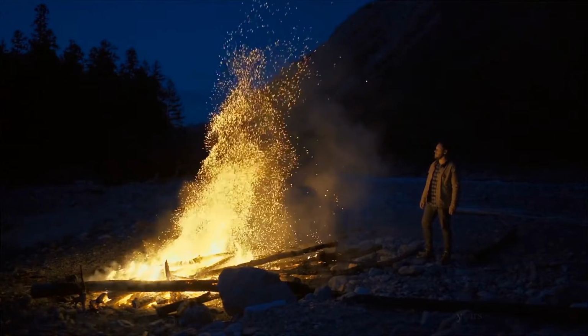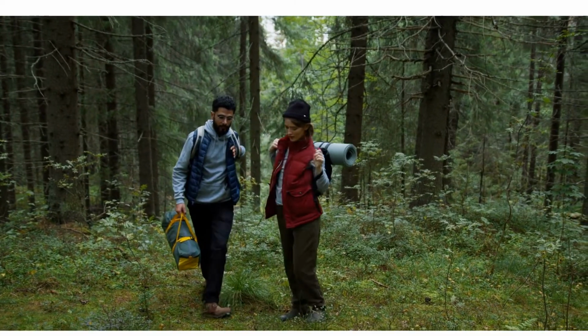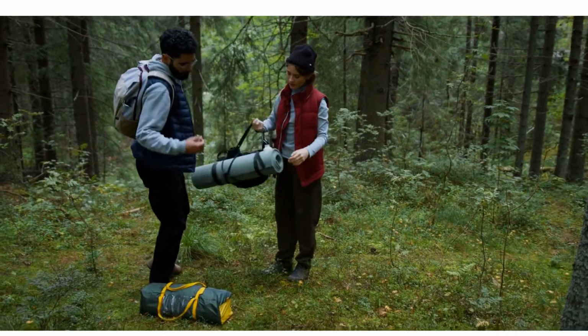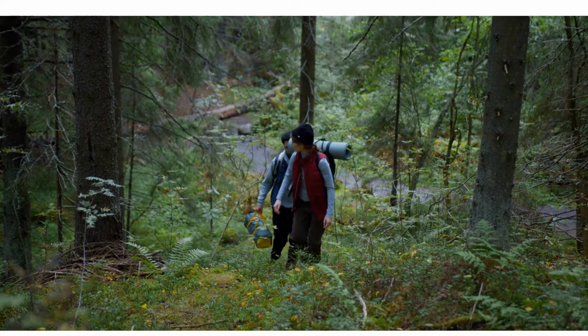Over the last 6 years, we've vetted, purchased, and tested over 30 soft coolers. Our latest trials compare 15 of the best models of 2021. Soft coolers offer portability and versatility that traditional hard coolers can't. From lunchboxes to beach days, we meticulously tested these soft-shelled sidekicks side by side to discover which are the best